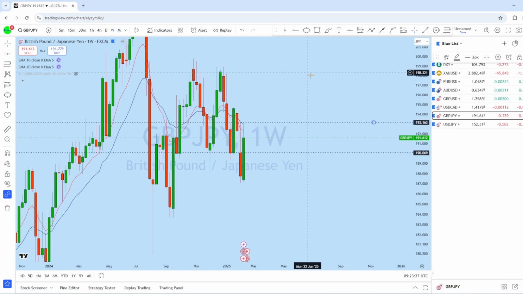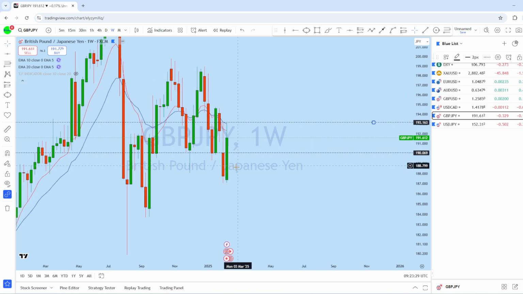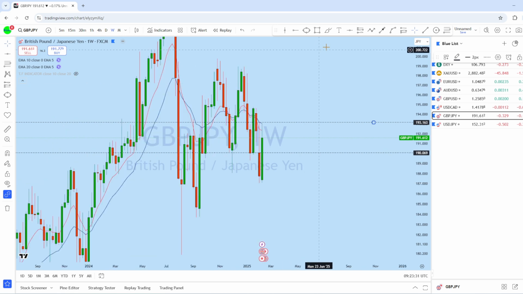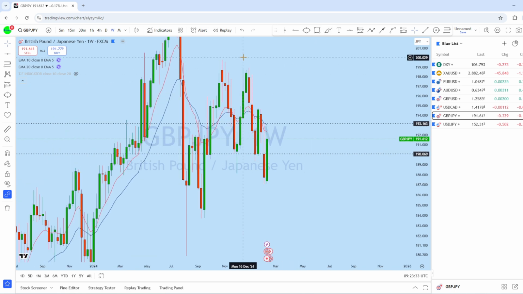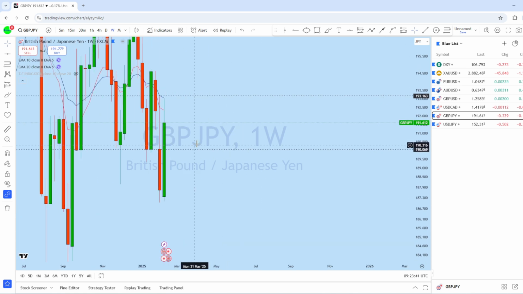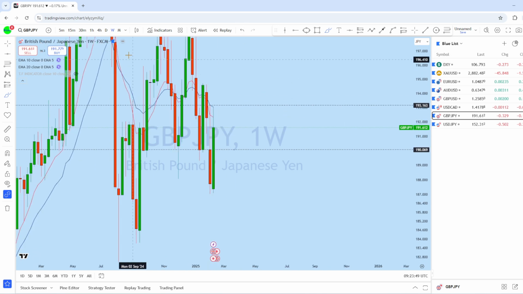Now looking at the weekly perspective, here we can see that there is a weekly bullish candle formation, and at the same time we can see the market is forming a series of lower highs in that area. And with that series of lower high formation, with this gap open, expecting the market after this gap open to bounce back up and continue to rise to create a new higher high.